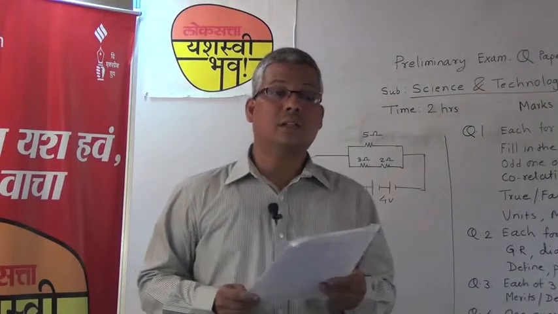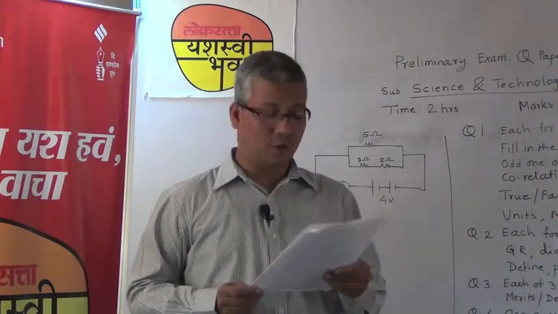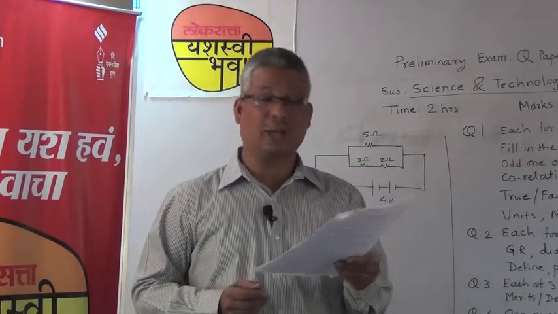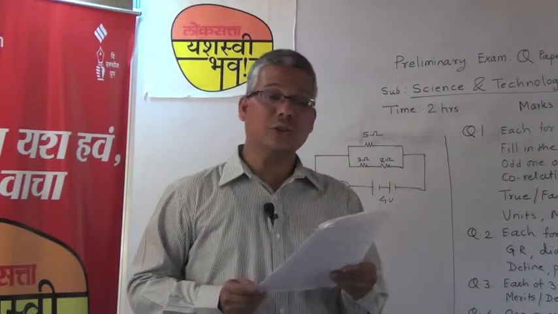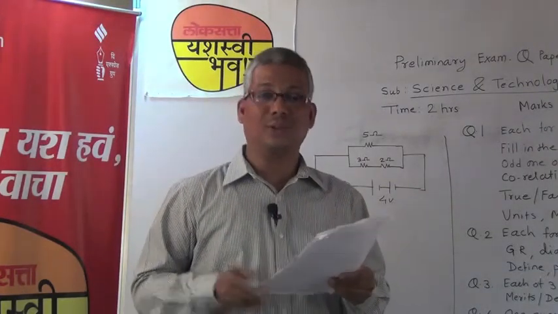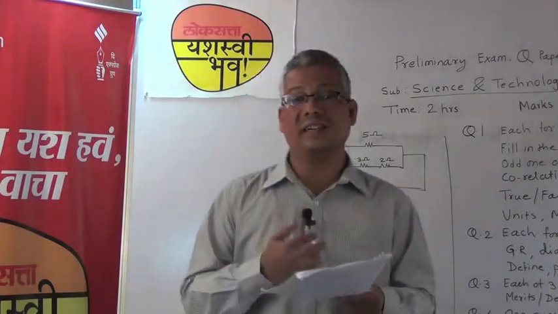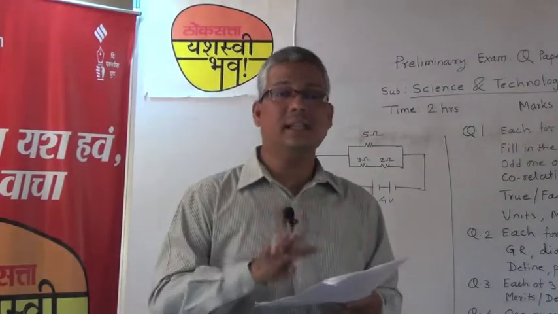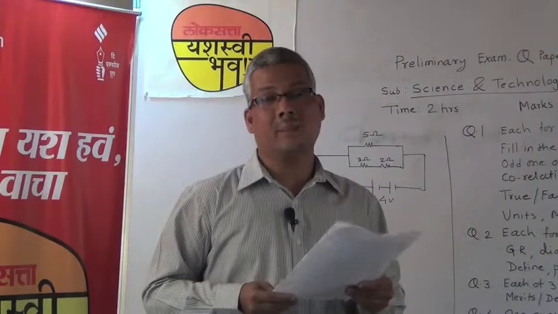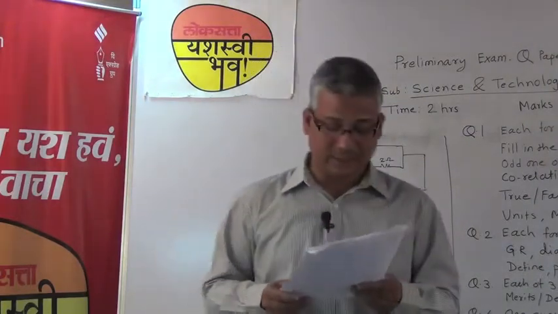Now here a group of words is given. Out of them you have to find the odd one. Here: common salt, sodium hydroxide, sodium bicarbonate and washing soda. Some common names are given and some chemical names are given. These are given for confusion, but you have to find the central idea, that is, 3 compounds are salts and the remaining one is a base. So you have to identify sodium hydroxide.